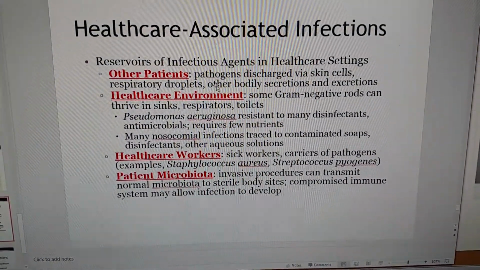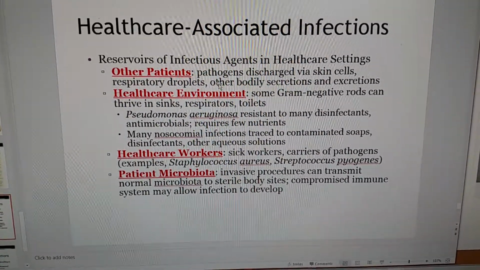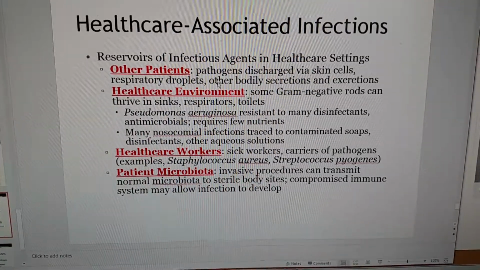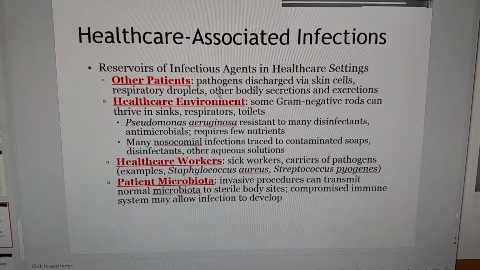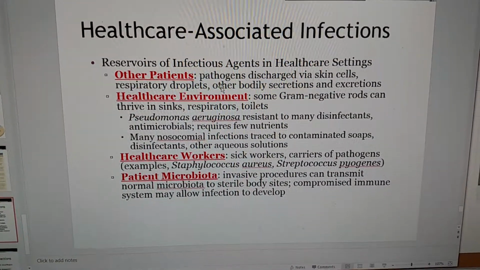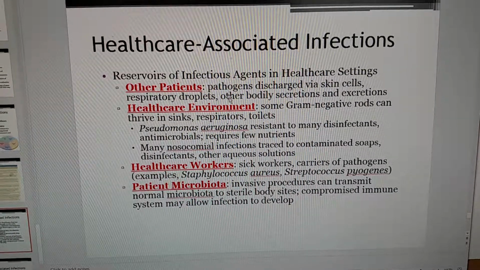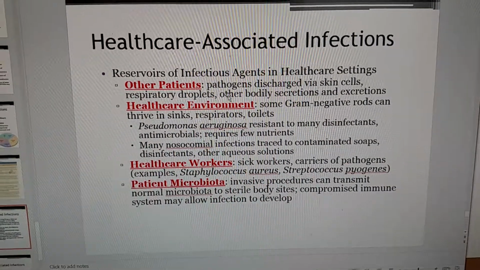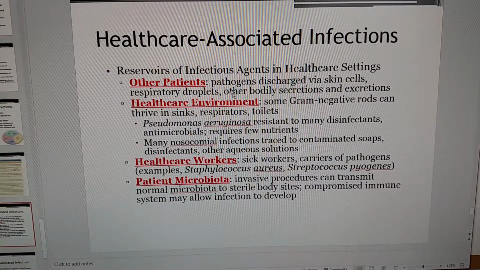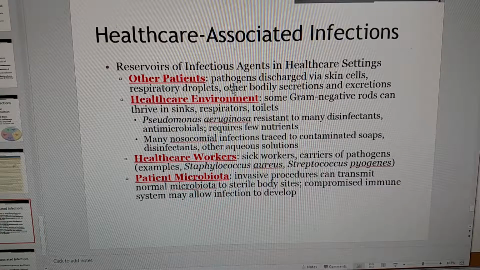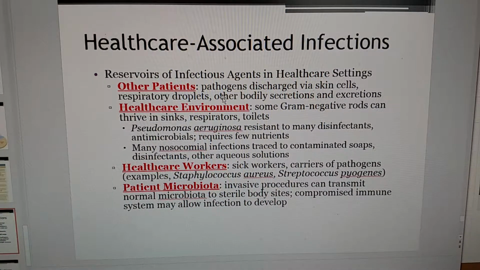Now, there are reservoirs for infectious agents in hospitals. Other patients, right? Other patients can be discharging things. The healthcare environment itself. Gram-negative rods are really good at surviving in the environment in places like sinks, respirators, toilets. They're really good at staying on fomites. Things like Pseudomonas can grow in disinfectants. And some of these infections are actually linked to things like contaminated soap. The healthcare workers themselves can be sick or carriers,